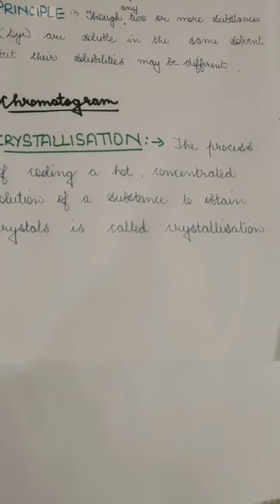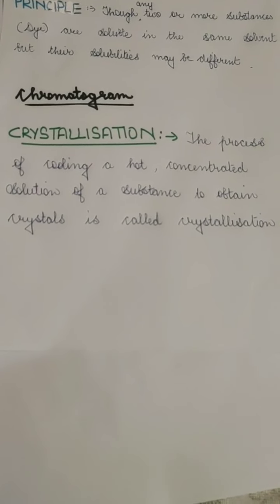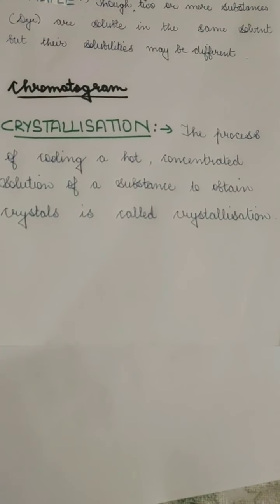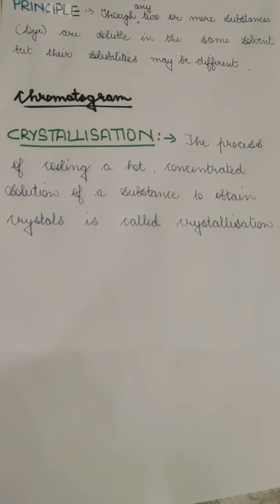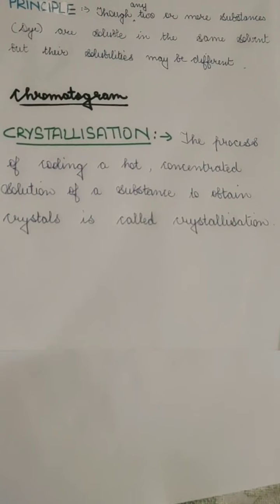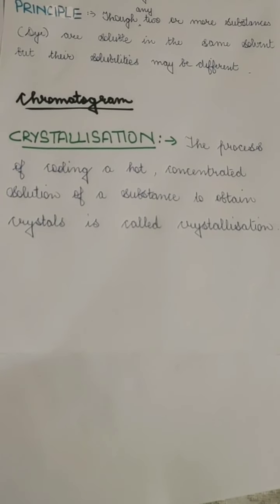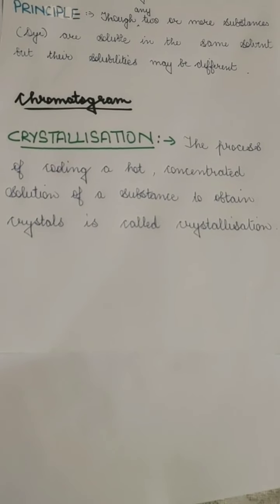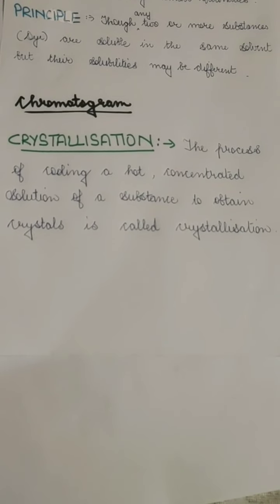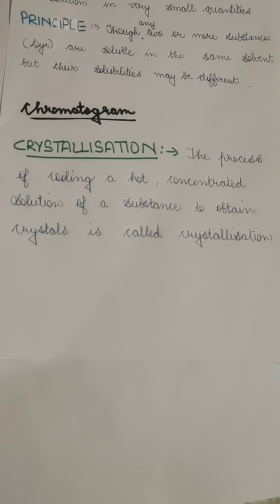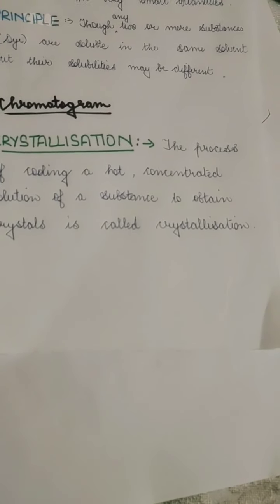Also, you would have seen salt. Salt is obtained from sea water. Now sea water is stored in a sea pan or a big field where the sea water dries up by the help of evaporation, and we get the crystals of salt. So any kind of substance which is obtained by heating and then concentrating the solution to obtain a crystal is called crystallization.